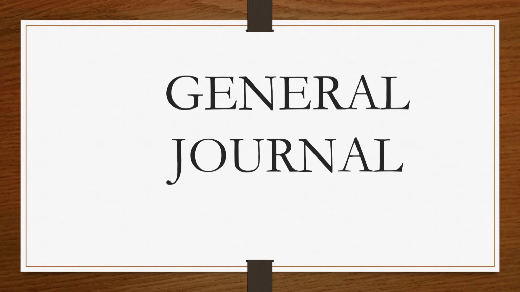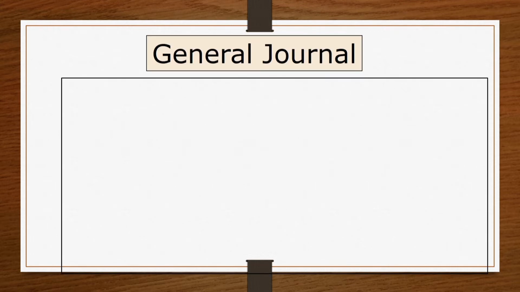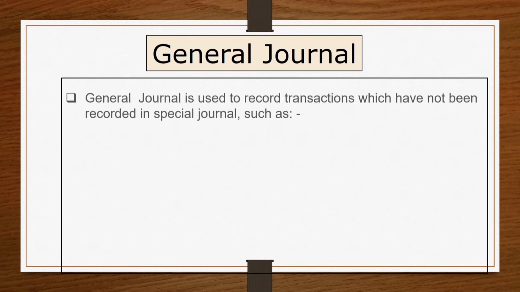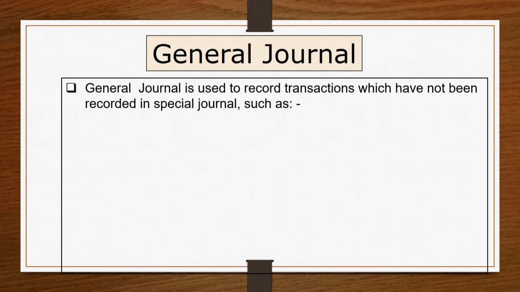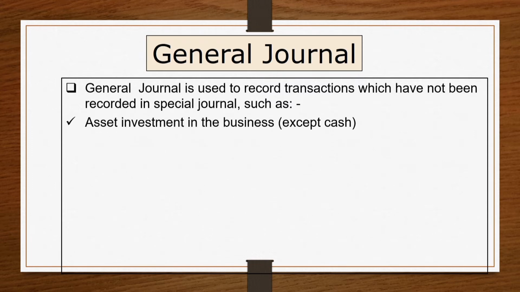In this video, I would like to discuss the general journal. What is the meaning of general journal? General journal is used to record transactions which have not been recorded in a special journal, such as asset investment